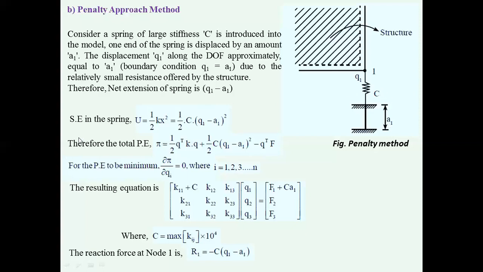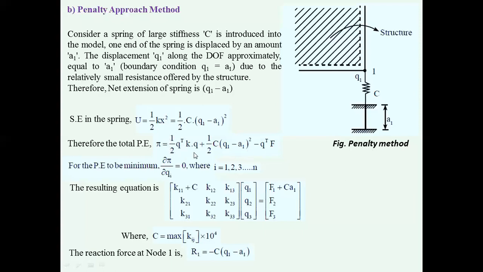that gives the extension of the spring. Now, the strain energy in the spring is given as U equals half times K into X square, where K is the stiffness and X is the deflection of the spring, which equals half times C into (Q1 minus A1) whole square. Therefore, the total potential energy phi equals half times Q transpose K into Q plus half times C into (Q1 minus A1) whole square